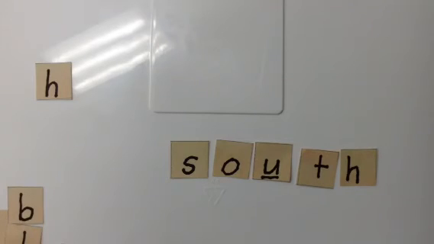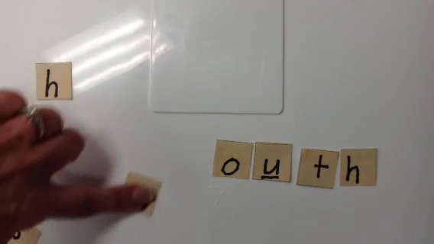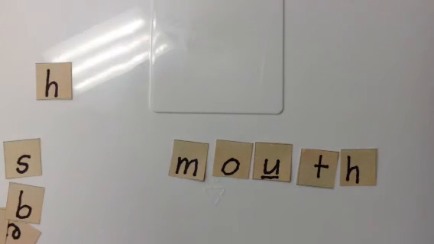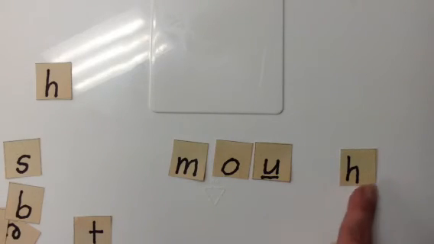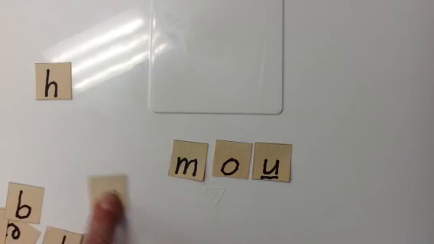And I'm going to ask you the question again. What letters make the ow sound in south? O-U, you say? You're exactly right. Okay, now I want you to take the S away, and in place of the S, I want you to put an M. What is the new word? Mouth. That is correct. And the letters that say ow, you're right, O-U. Now, leave the M. This time we're going to take the T away, and then we're going to take the H away, and we're going to add an S,